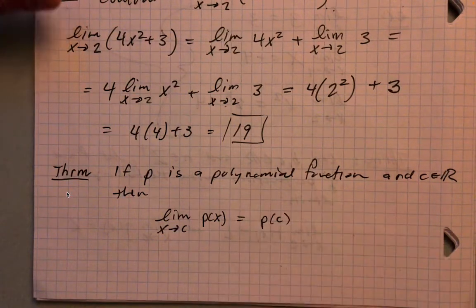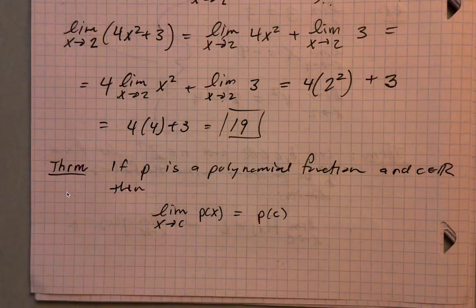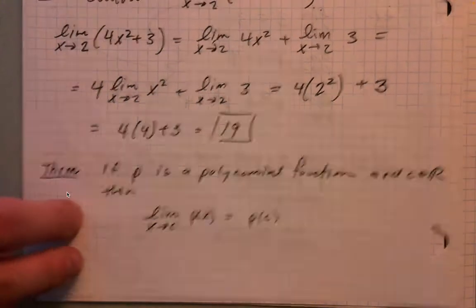P of c. All right, so for polynomials, limits are always equivalent to the value of the function at the limit point, evaluate at the limit point. So that is a very nice feature. For people who recall their pre-calculus, you may remember that the next class of functions that you come across would